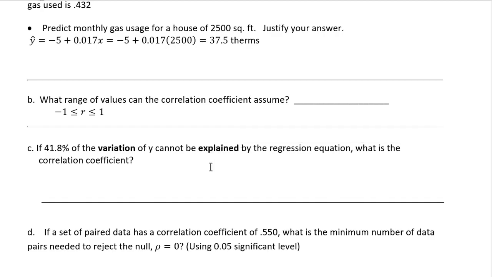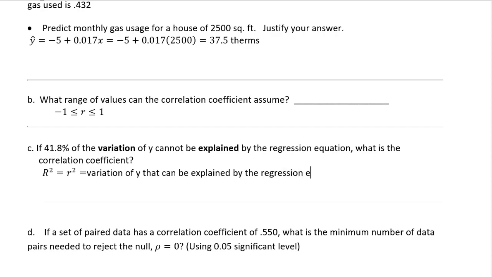That should immediately make you remember R squared, which is computed from the Pearson correlation R, that's why it's called R squared, and that is the variation of y that can be explained